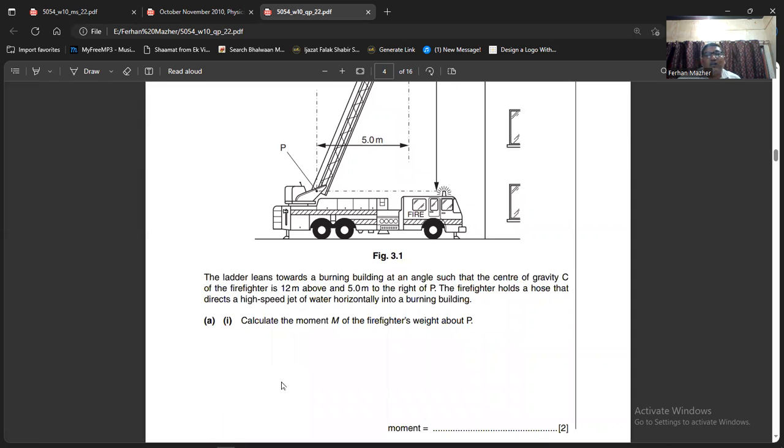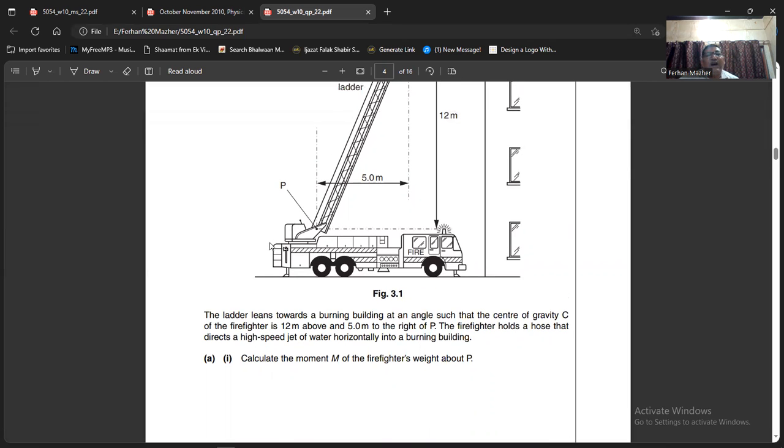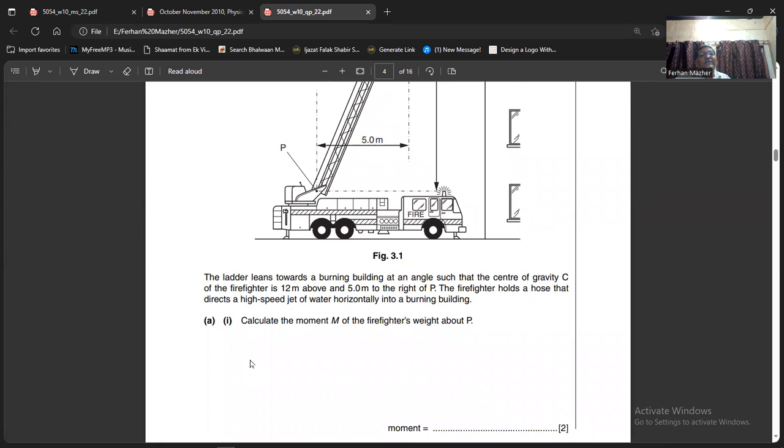such that the center of gravity C of the firefighter is 12 meter above and 5 meter to the right of the P. The firefighter holds a hose that directs a high-speed jet of water horizontally into a burning building. Calculate. First part is calculate the moment M of the firefighter's